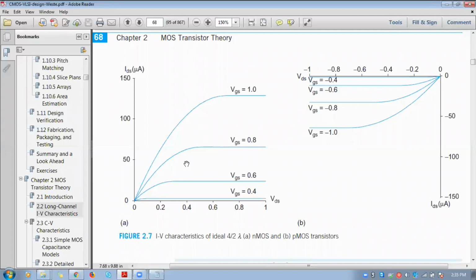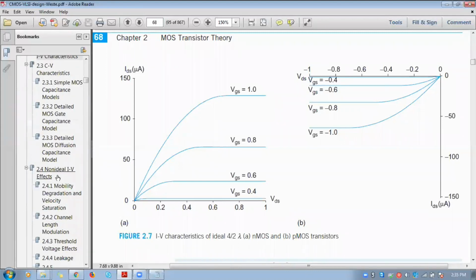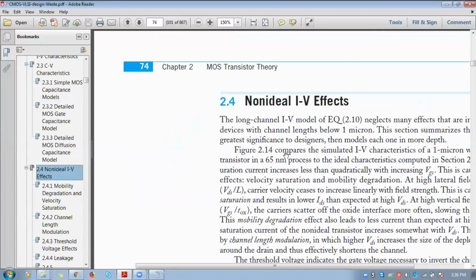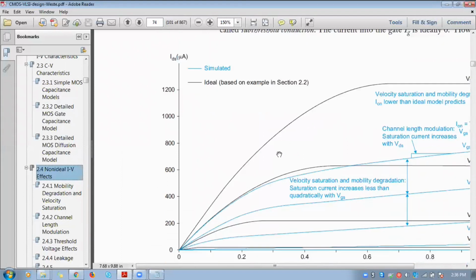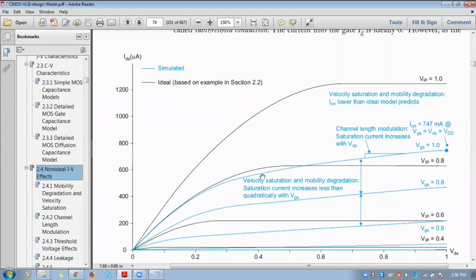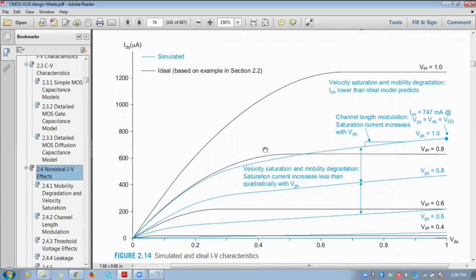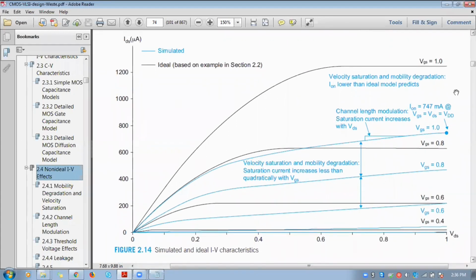Now we are able to see how the ideal curve changes in practical cases, the non-ideal IV characteristics. So in this topic, we will be discussing what, in practical cases, causes your output current to decrease or increase. If you see, the black line is the ideal curve, the blue line is the corresponding practical curve for the same input conditions. If you compare these two curves,